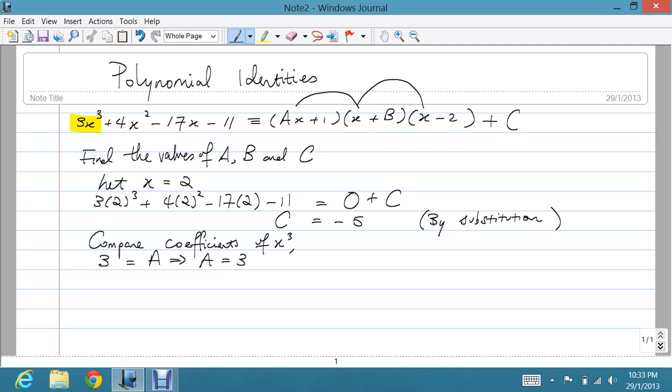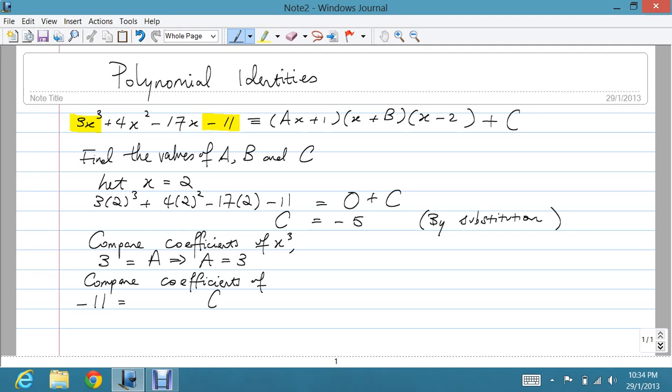Now we are left with b. Let's compare another coefficient. We have compared the x cubed term. We could now compare x squared, x, or the constant term. Now let's choose to compare the constant term. On the left hand side, the constant term is negative 11. What about the right hand side? One of the constants is c,